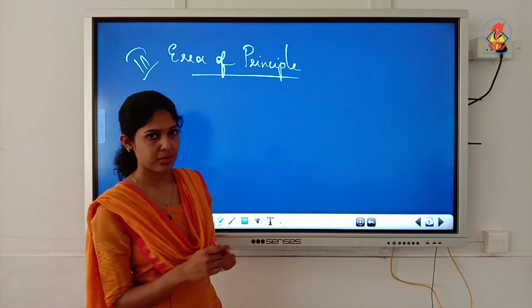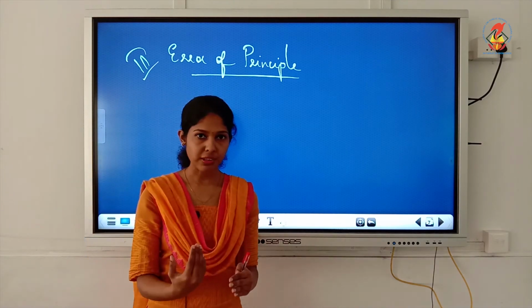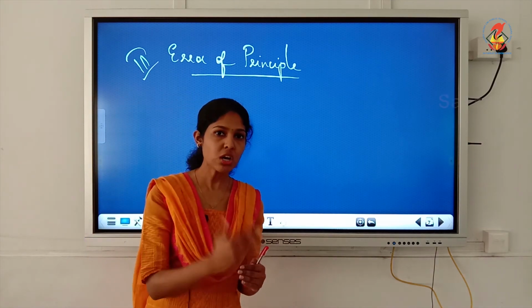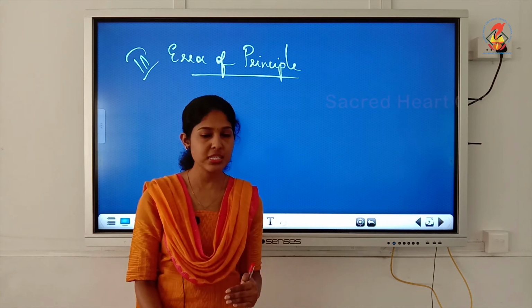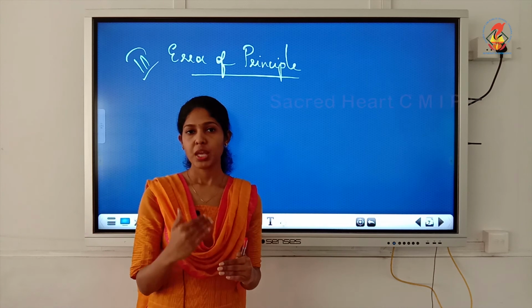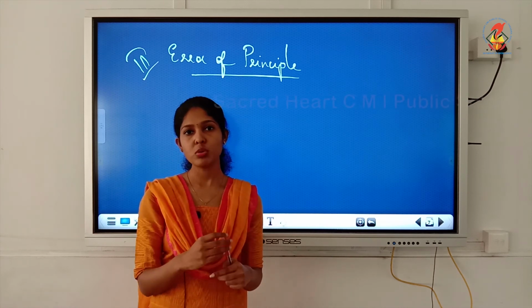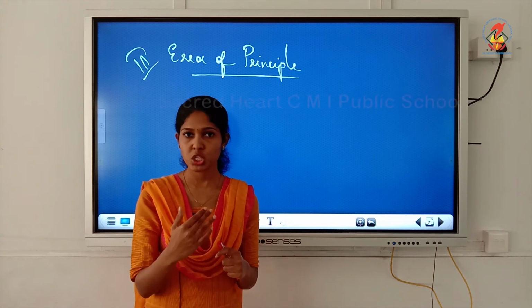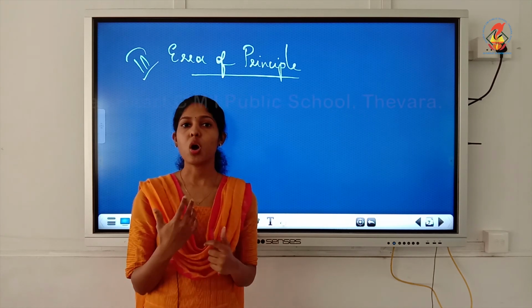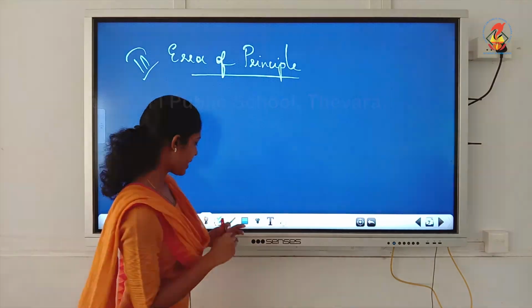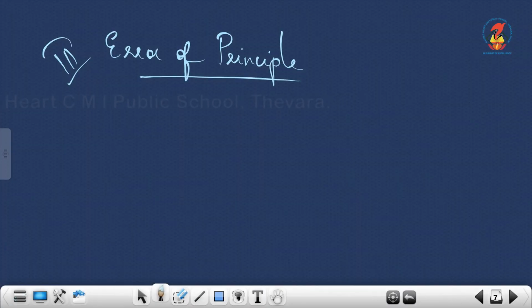Error of principle means if you record a transaction against any of the accounting principles, or in contravention, which is a word used in the textbook, you can also use the term in contravention of accounting principles. In contravention means against the accounting principles, that is called error of principle. The best example is,